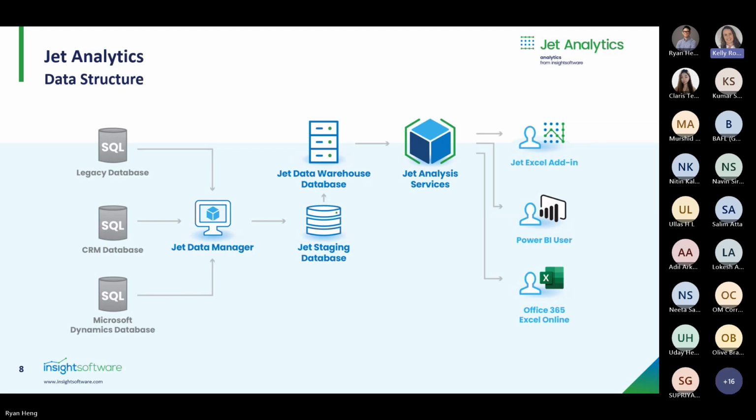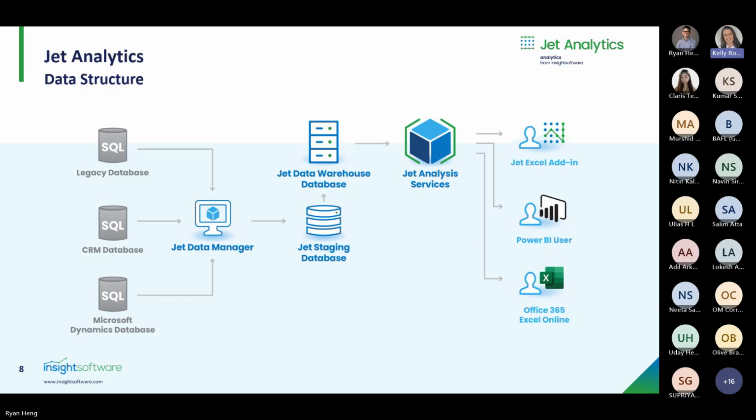You're not having to look up across multiple sets of data, and you know that everybody's getting their data from the same place. So one of the examples that we see quite commonly at the moment is that people are moving from or have moved from NAV to BC or from AX to F&O or finance and supply chain. They have a backup of their old database, and then they've also got their live database with BC data or F&O data. And now when we want to do trends and longer term information, you're needing to get data from